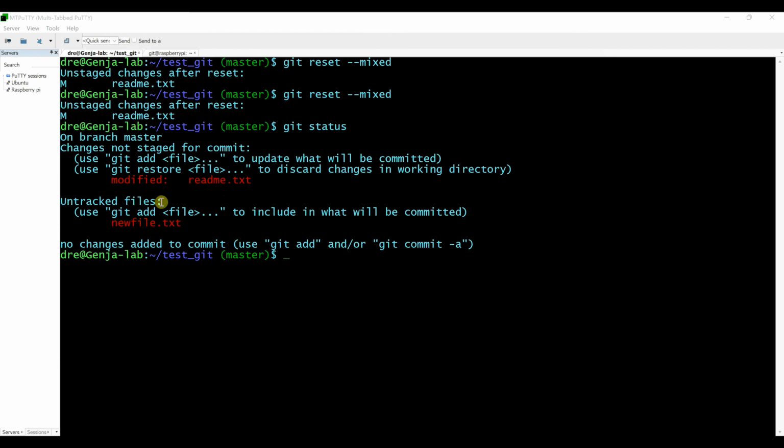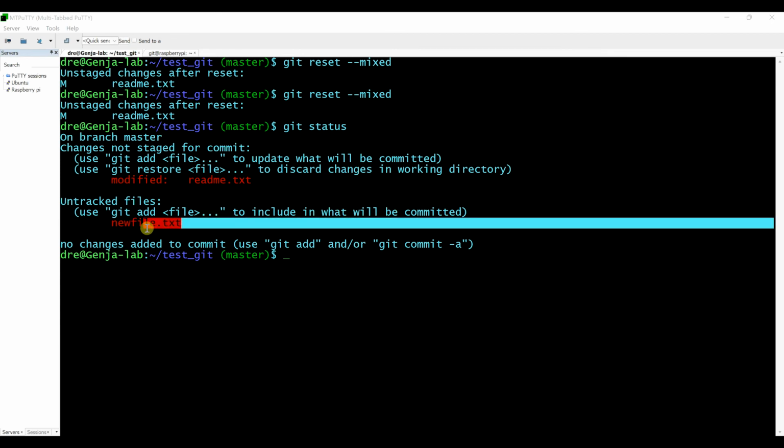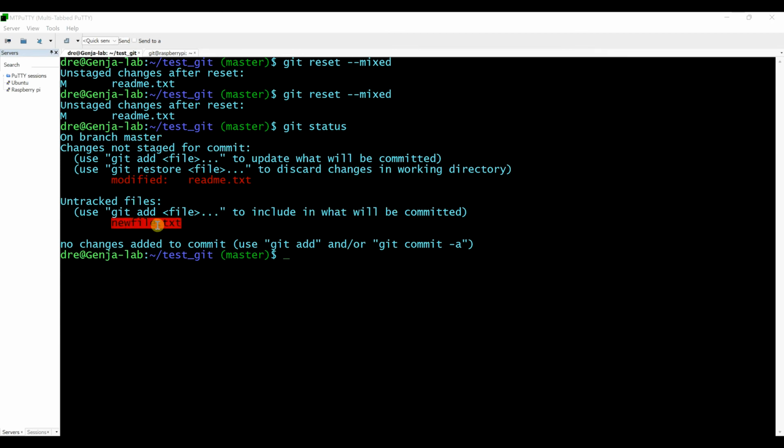So both were staged, but it removed everything. It reset it and said, okay, remove these from the index basically. This was a brand new file, no commits, so it's untracked. That's why it's kind of coming up different, whereas the other file was tracked, but it's been modified. So if we add these back in,